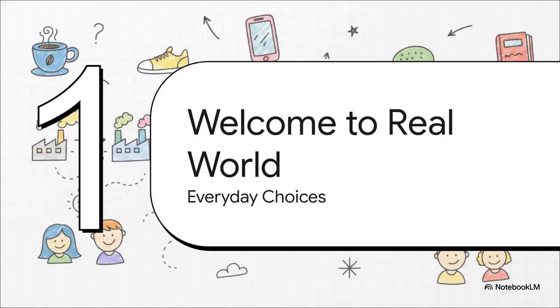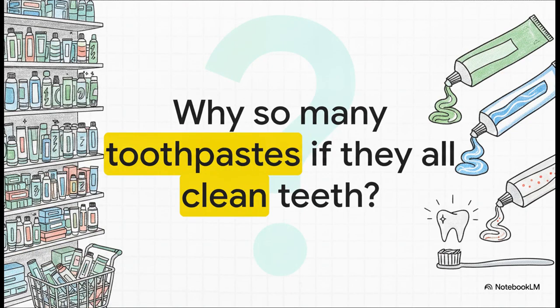All right, part one. Welcome to the real world. So picture this. You're on your routine grocery run. You turn into the personal care section, and a question should instantly pop into your head. Why on earth are there 50 types of toothpaste if they all basically just clean your teeth? Seriously, think about it. If the fundamental utility is exactly the same, why does an entire aisle need to be dedicated to slightly different mint flavors, varied colored gels, and sparkly packaging? This super relatable consumer paradox is the absolute perfect mystery to introduce today's economic theory.